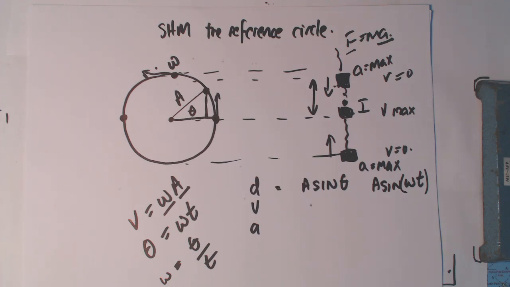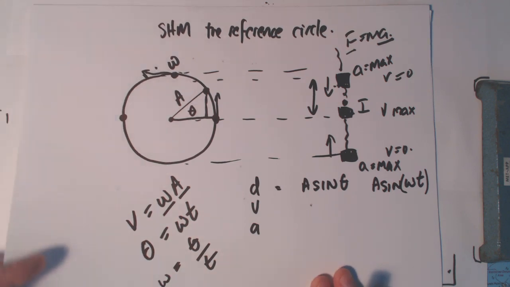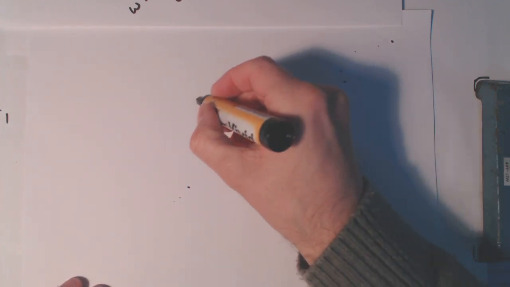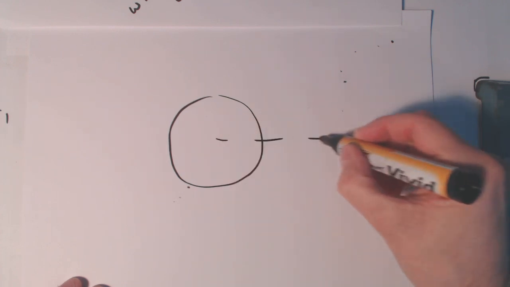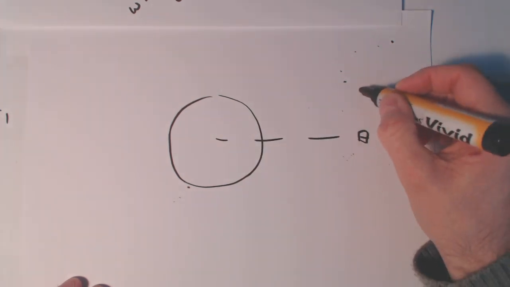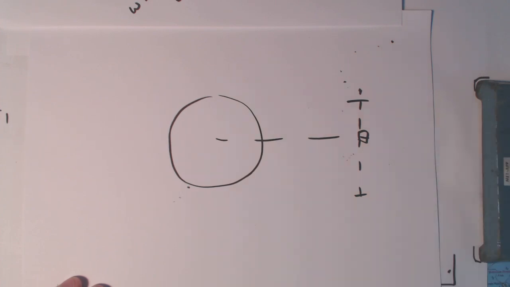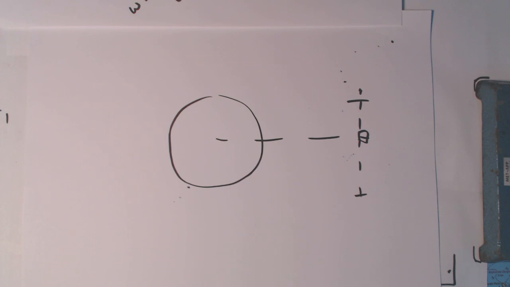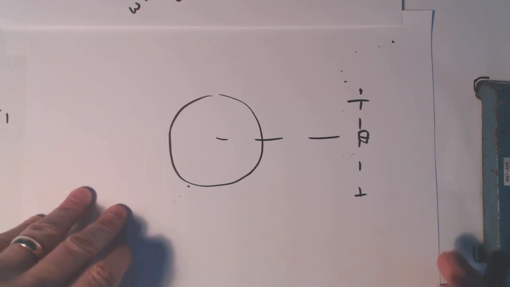So this has been an introduction to the reference circle. If you look at the reference circle, working out the components and things, the SHM little video on that, I'll work out all those other components. What I want you to understand from this reference circle is the basic idea, and also to realize that even though we just did this reference circle for a mass on a spring bouncing up and down, and everything got projected over and it all seemed pretty cool, what really gets to people is the fact that if I now look at a pendulum